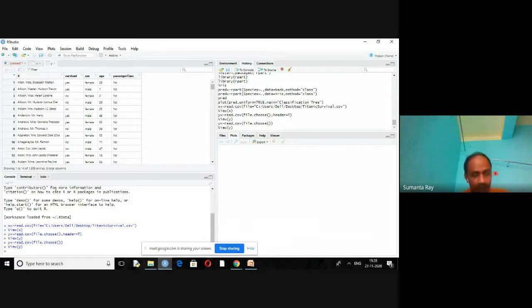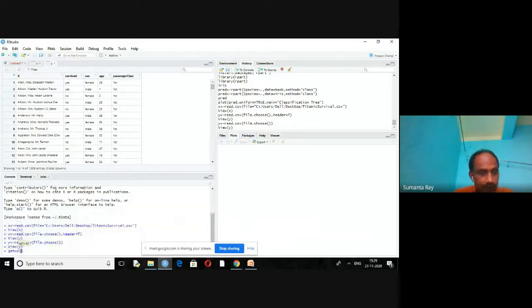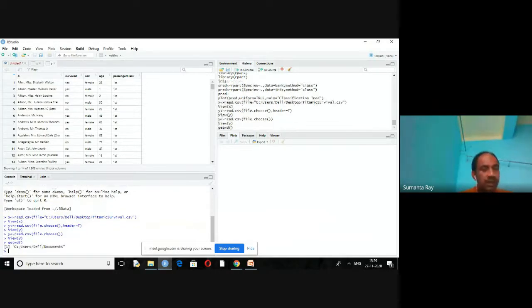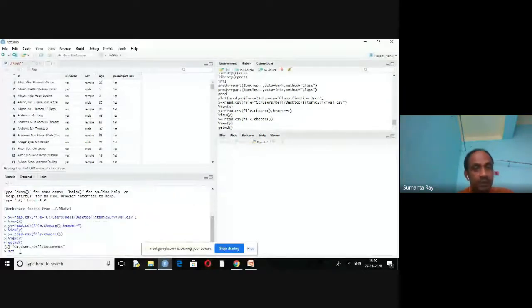There is another command: getwd. That stands for get working directory. That is the current directory you will work in. You want to change this. Why? Because your file is available on the desktop, not in the current path. I want to work with a CSV file that is available on the desktop, not in the documents folder.